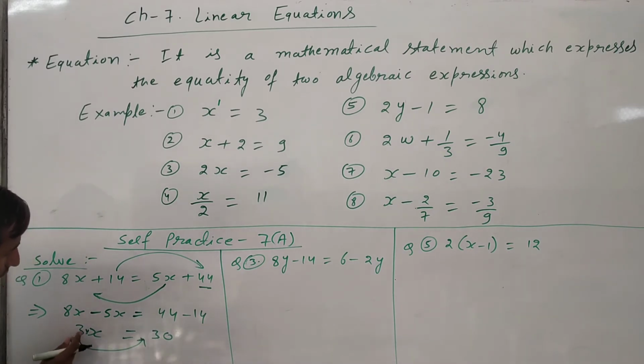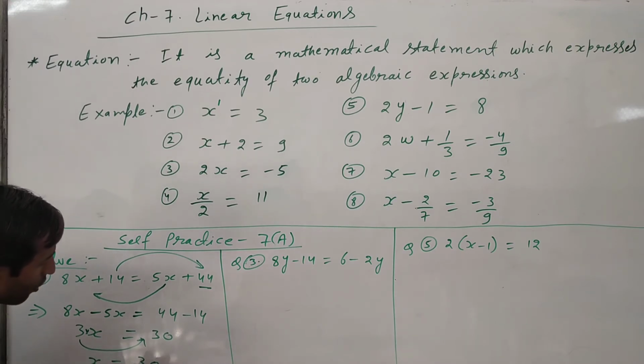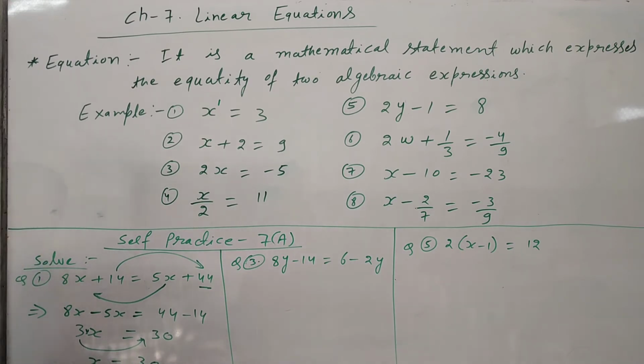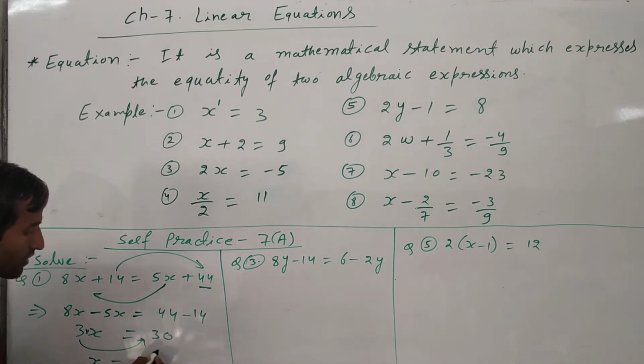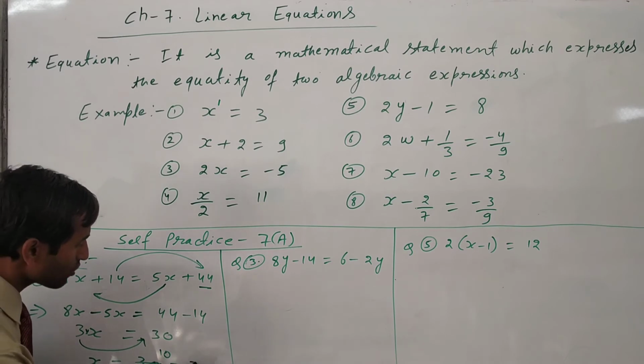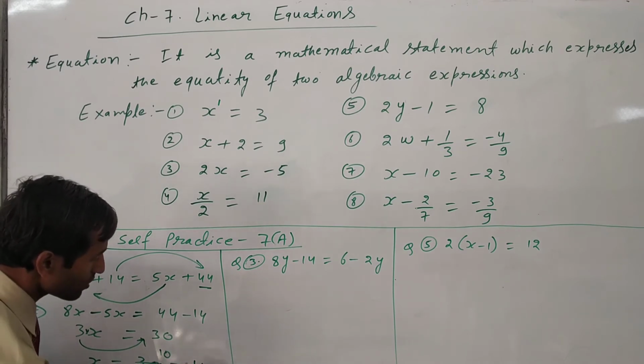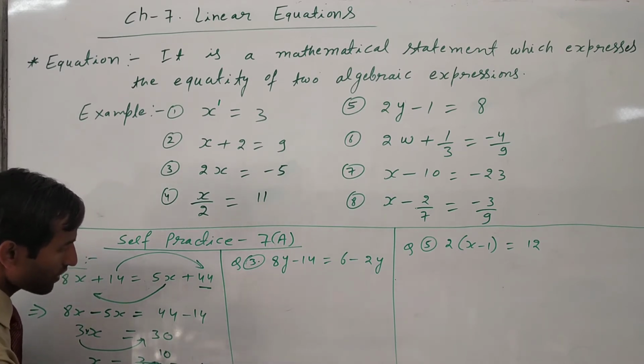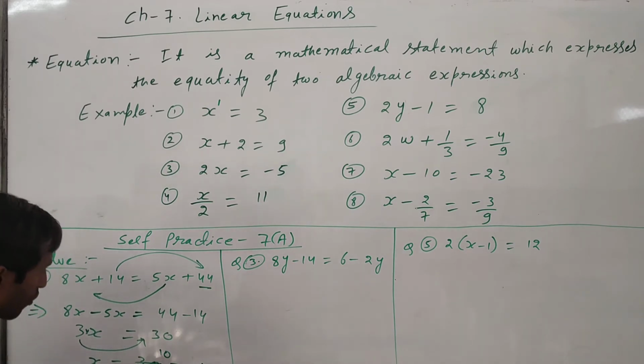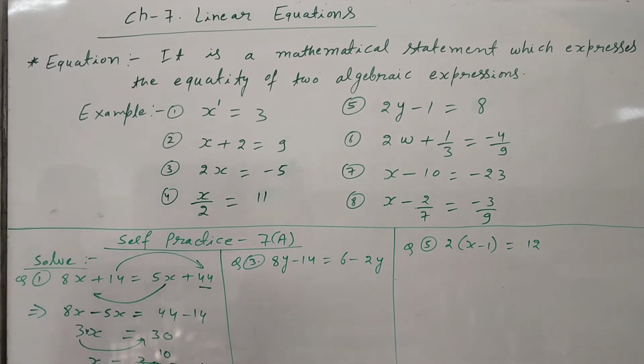But here a multiply sign is there, so it will go there and come in division. So 30 upon 3 will come. Okay, x is equal to 30 upon 3. Now we will cancel out: 3 ones are 3 and 3 tens are 30. So x is equal to 10. Final answer is 10. Okay. So the solution of this equation is x is equal to 10. This is called the solution of the equation.